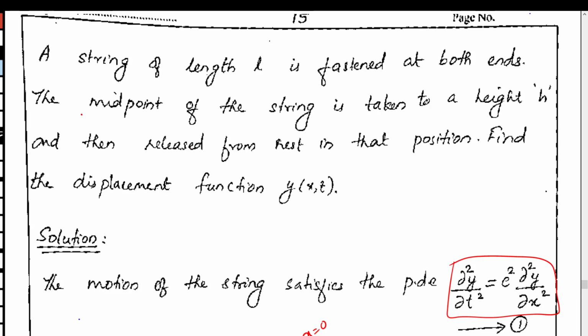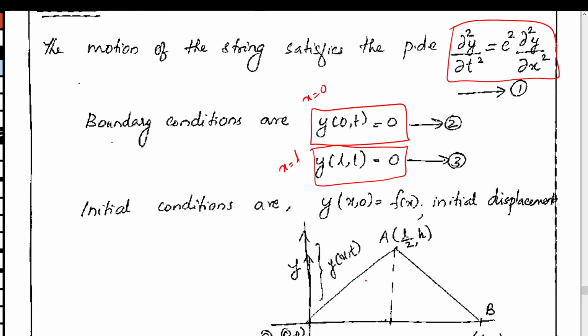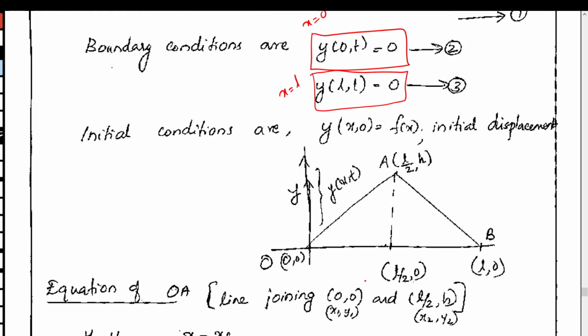Let us read the second sentence. The midpoint of the string is taken to a height h and then released from rest. Now let us consider the picture of the tied string. O and B are the end points of the string. At the midpoint of the string, that is at x = L/2, the string is moved to a height h